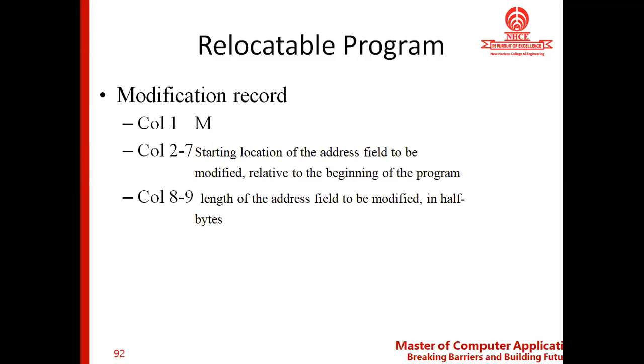Half byte is nothing but, 1 byte is 8 bits, and a half byte is 4 bits. So when you represent a single digit in the object code, we use 4 bits. So the single digit is occupying half a byte. In other words, a single digit in object code occupies a half byte because it has 4 bits. So 2 digits form one single byte. So the length needs to be mentioned in half bytes.